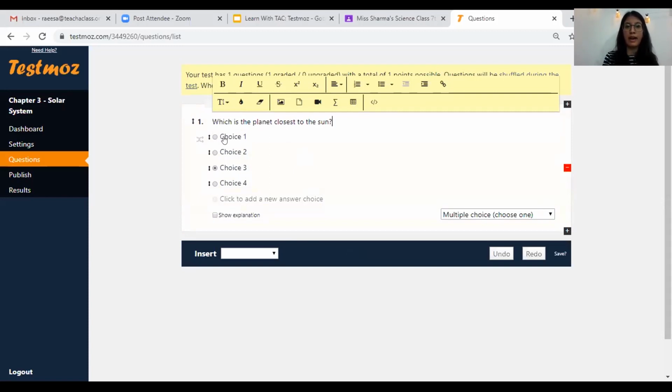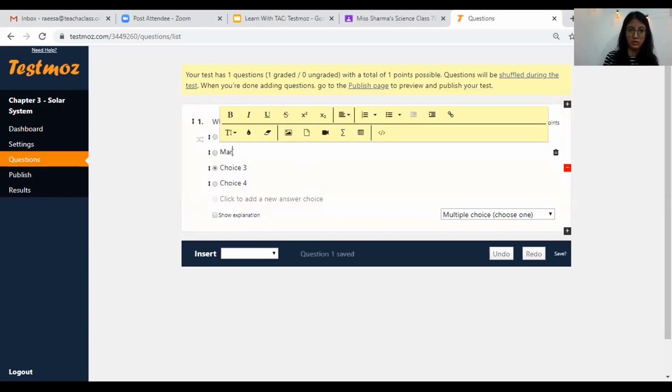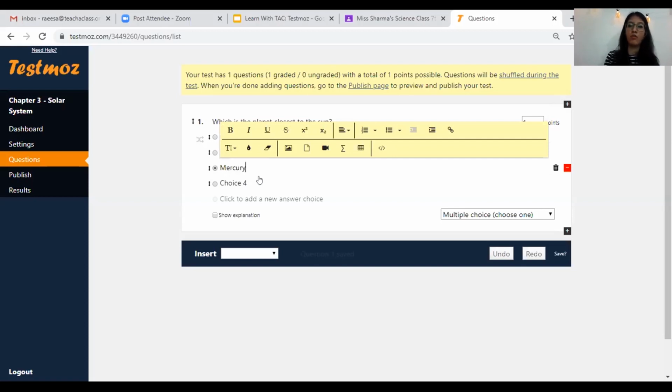Now, when I have to add my choices, I'll click my choice number 1 and simply type the choices that I have. Choice number 2, choice number 3. Now, I don't want to give a 4th choice, but it has added here by default. So to delete this, I will simply go over to the delete icon over here.